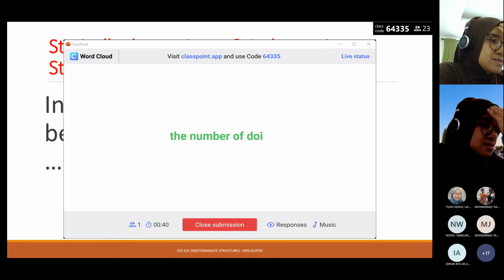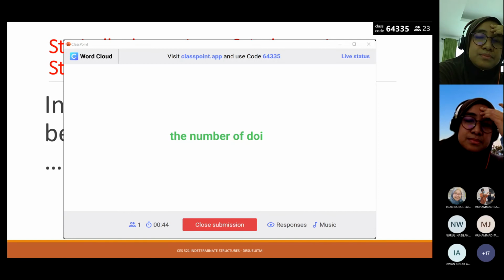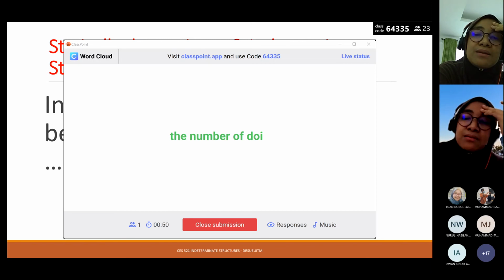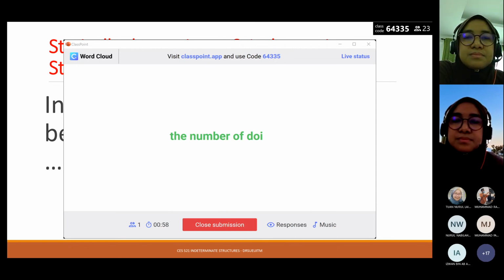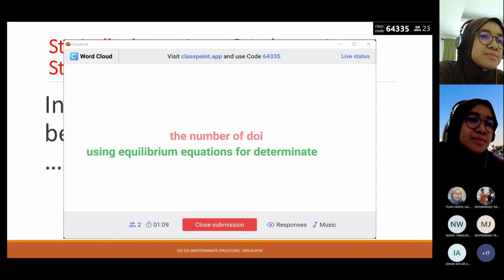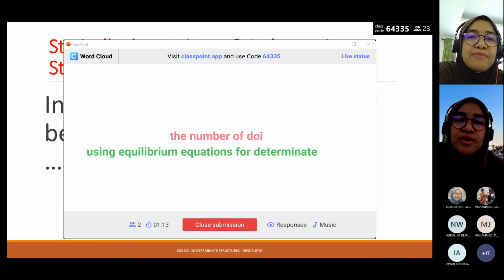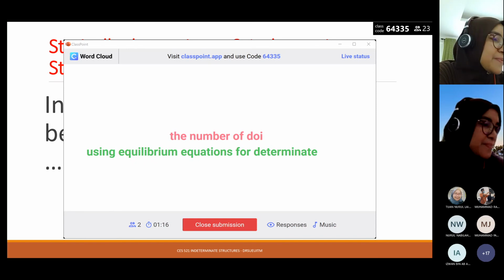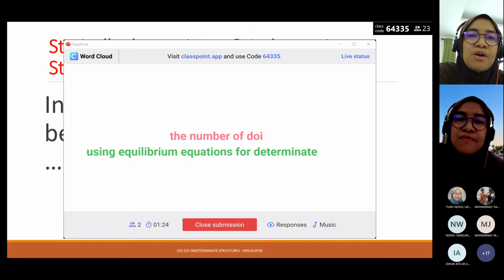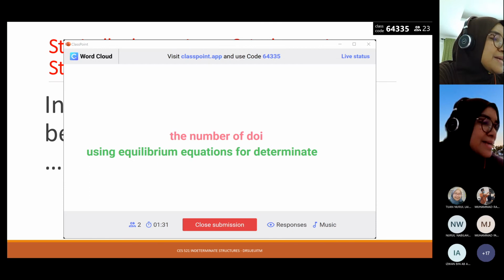There are so many answers to explain or differentiate between determinate and indeterminate structures, other than the degree of indeterminacy. Okay, for determinate structures, we use equilibrium equations, correct? For determinate structures, we use equilibrium equations because the number of unknown reactions equals the 3 equilibrium equations. Other than this,